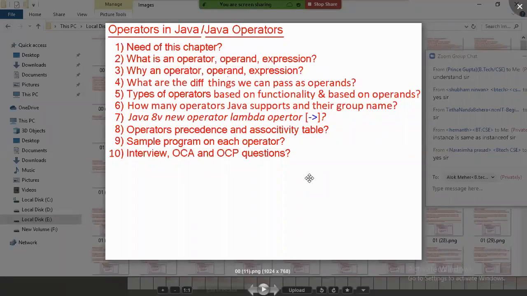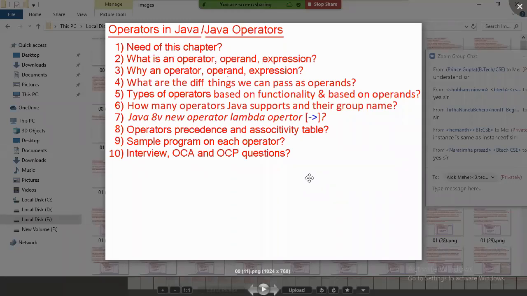Can you tell me the operator precedence table once again? Oh, happily we can tell. First, always unary operators are executed, followed by arithmetic multiplicative operators: multiplication, division, modulo; arithmetic additive operators, plus or minus; shift operators: left shift, right shift, and double right shift; relational operators: less than or equal to, greater than or equal to, instanceof operator; then equality operators: double equal to, not equal to; and then bitwise AND, bitwise caret, bitwise OR operators are executed. Then logical AND, logical OR are executed. Then the ternary operator, lambda operator, and finally assignment and compound assignment operators are executed.